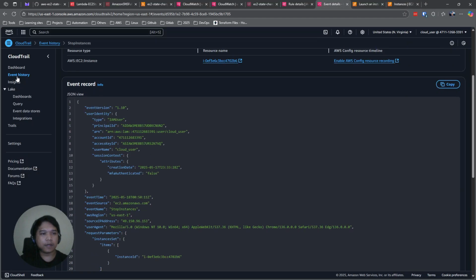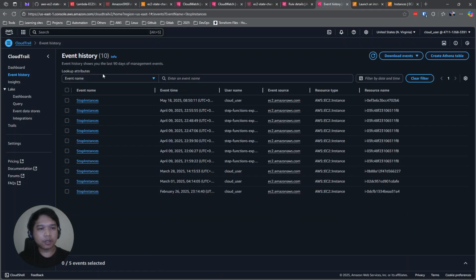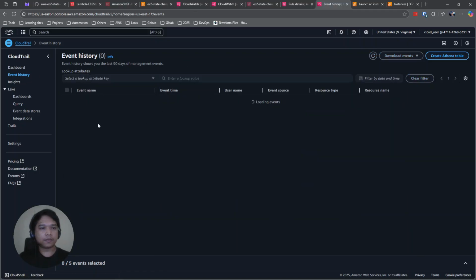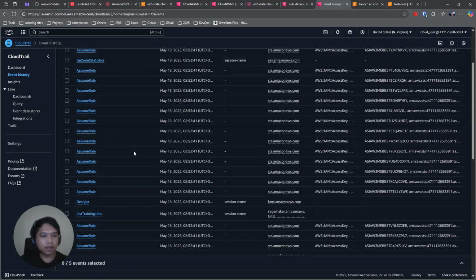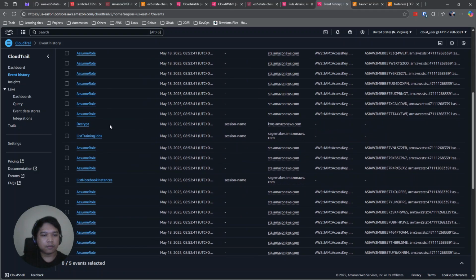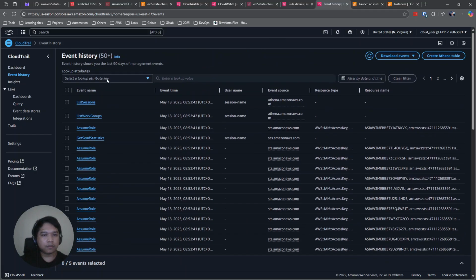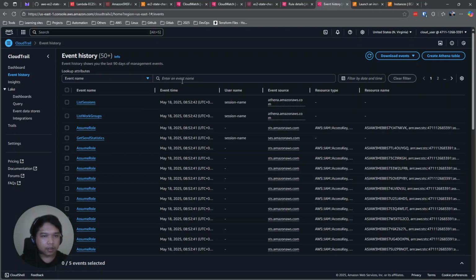And click for the event history. So let's remove the filter here. As we can see here, there's a lot of API calls or API events here, right? So it's better if we filter it.